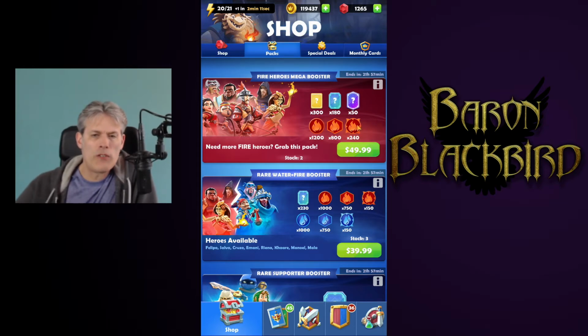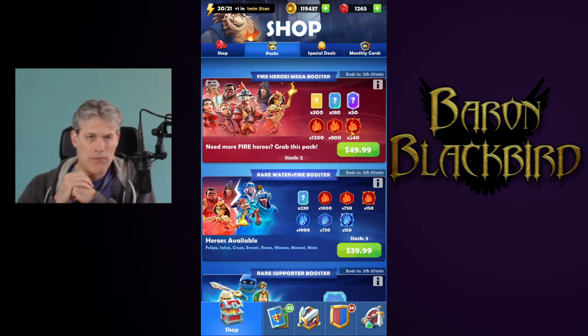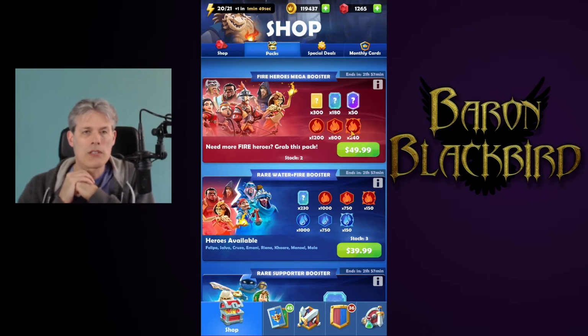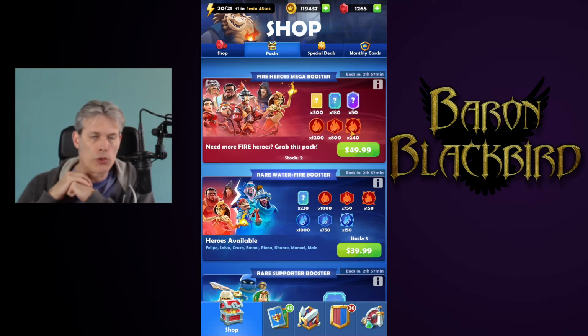Okay, so we have 240 primal and essence, 800 pure essence, and 1200 basic essence. Now, it seems Rovio has increased these numbers over the last week of the essence available here, but let's run some numbers. In a typical day, a typical 12-hour time period, you have to eat and sleep and work or go to school and do some other things, but in a 12-hour time period, or in 1 day of gameplay,